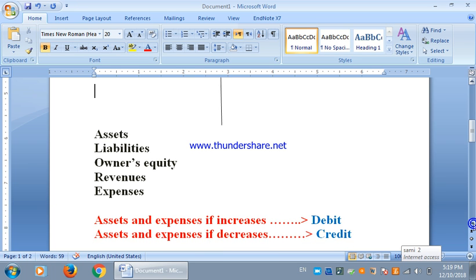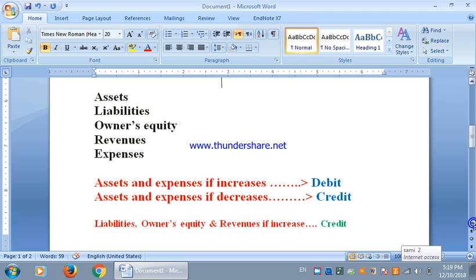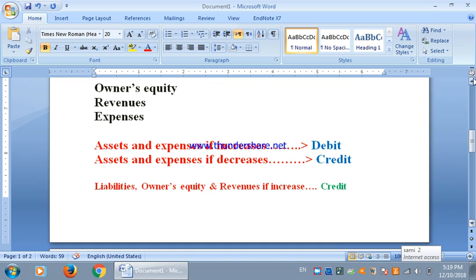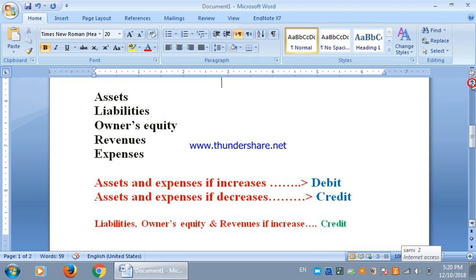So there is a very simple trick, a very simple formula for memorizing the debit and credit rules of these two terms, debit and credit. In case of the first and last elements of the accounting families, that is assets and expenses, whenever there is an increase in assets and expenses, you will have to debit it, and if there is a decrease in assets and expenses, you will have to credit it, while you have to act reciprocally